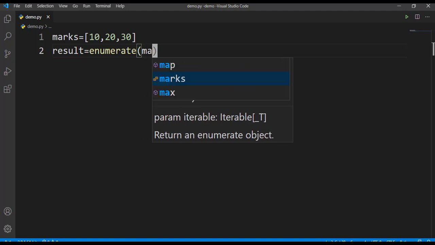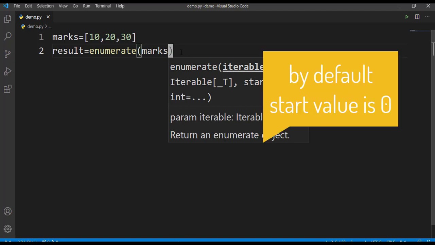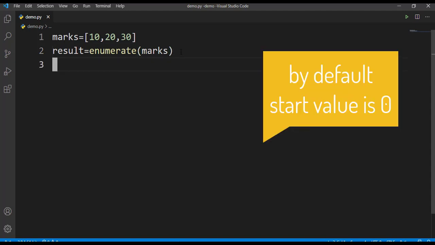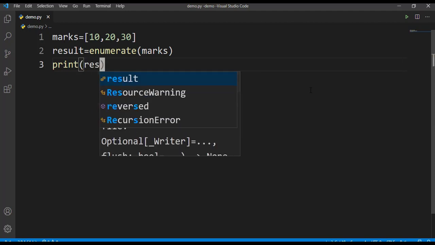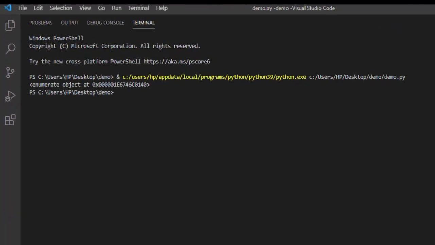Enumerate marks, comma. If I don't mention any start here, print result. So let's run this and check what we will get.